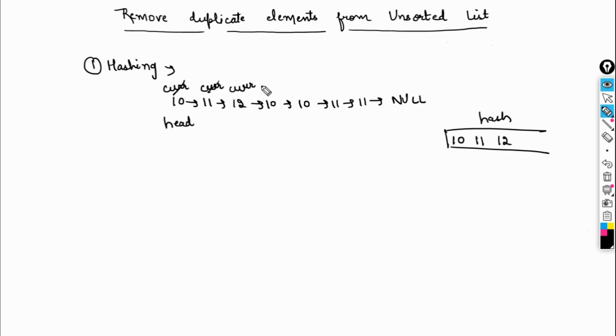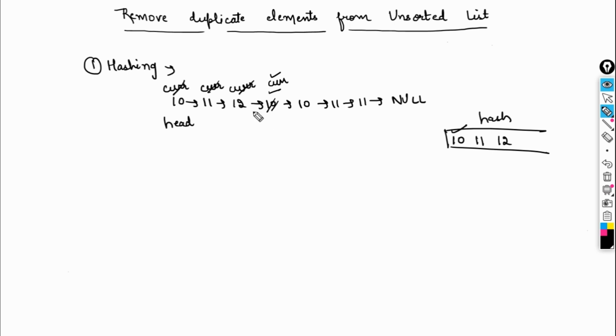Now I'll check for 10. As 10 is present here, current will be here this time. So I need to remove this 10 from this list, because I don't need to push it here as it is already present.